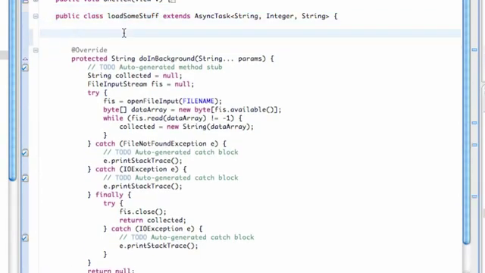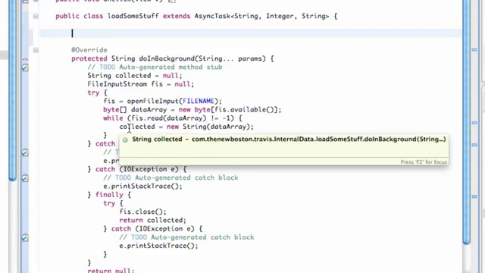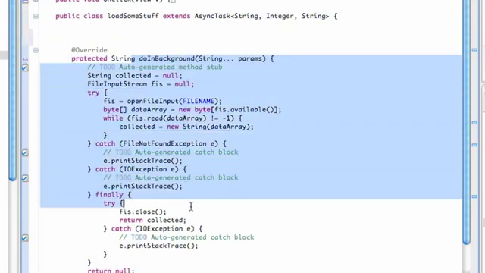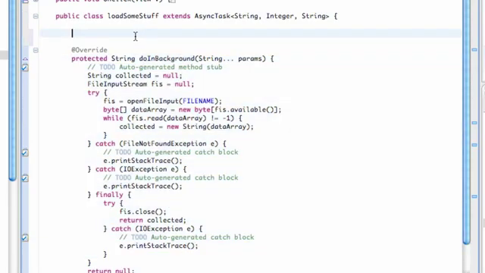Now let's go in order of how it's going to read it and which methods are going to get called when we use that execute. Again, here's where most of the meat is for this class, where we load the data and return something. But we also want to be able to receive whatever it's returning, and maybe set up some variables. So the first thing that we're going to do is say protected